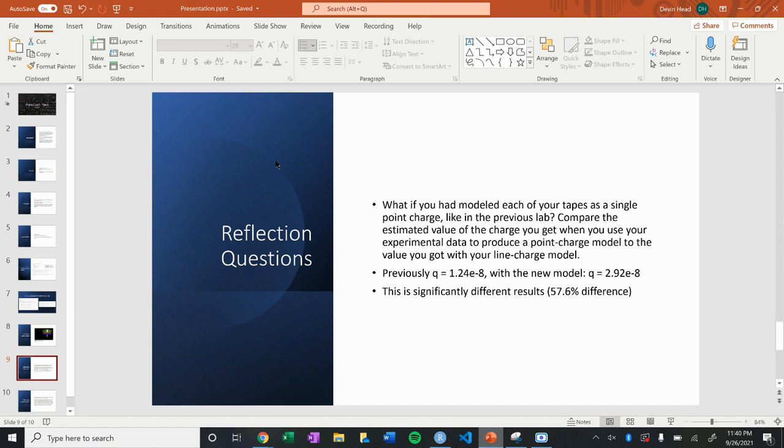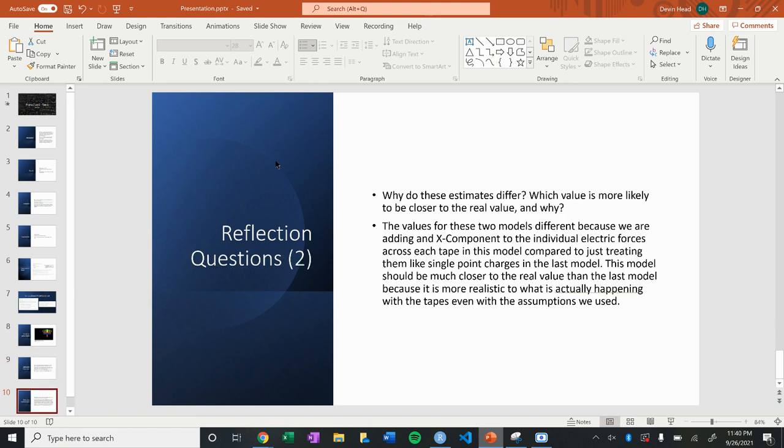The reflection questions are, what if we had modeled each tape as a point charge like in the previous lab, and we're basically just going to be comparing the charge values that we got for each experiment. And previously we got 1.24 e to the negative 8, and with this new model we have 2.29 e to the negative 8, which is a 57.6% difference,